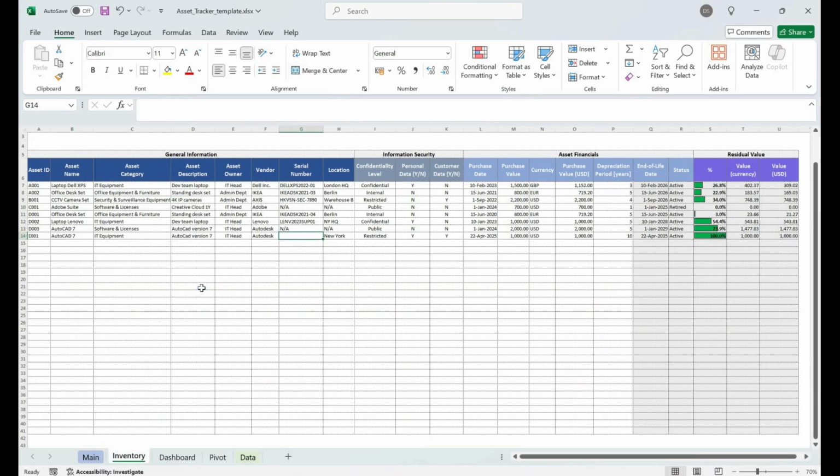So the second tab, the Inventory tab, is the core of the tracker. Here's where you log all the asset related details, so let's add a new asset. Let's give it asset ID E002, asset name copied from the previous one, asset category, let's put it software and license from the drop-down list, asset description, let's put license, owner, let it be IT head, vendor, Autodesk, serial number, just let's copy and paste from